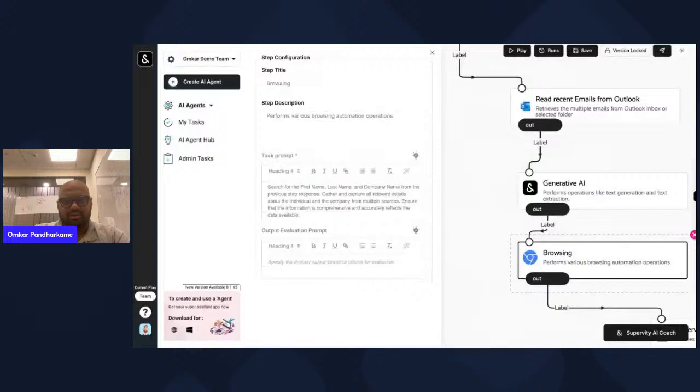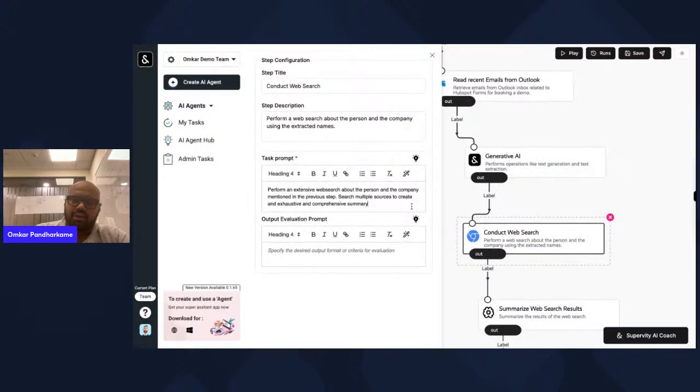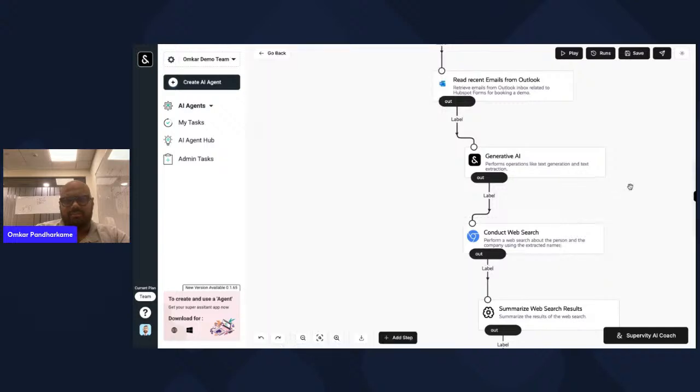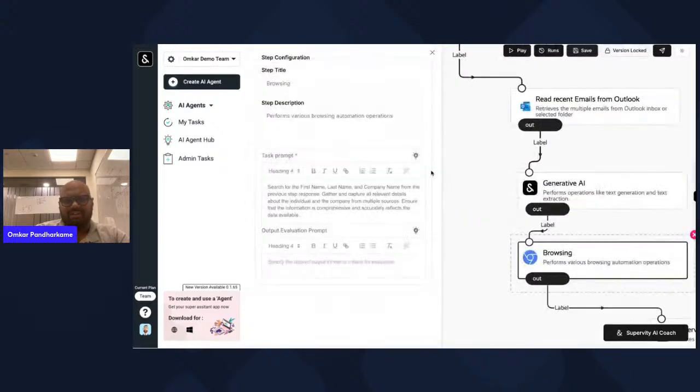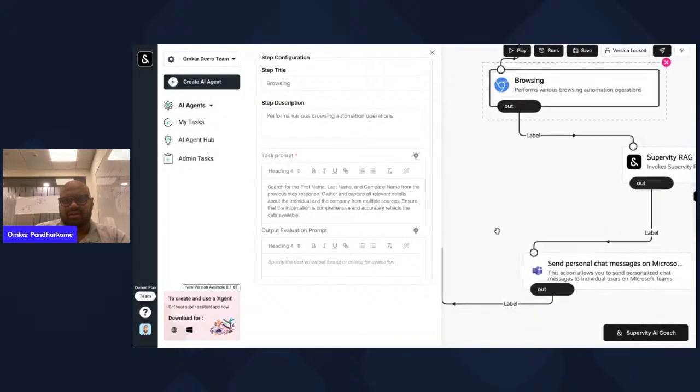Accurately reflects, right? Now, whenever I'm doubtful whether my prompt is working well enough, what I will go ahead and do is click on enhance prompt. When I click on enhance prompt, it says conduct a comprehensive web search, and so on, for the individual. I'll just say person, maybe, in the previous step. Now, what I have to do is summarize the results, right?